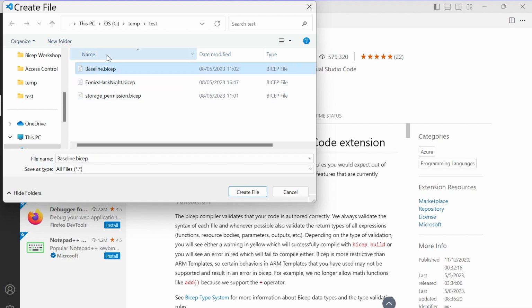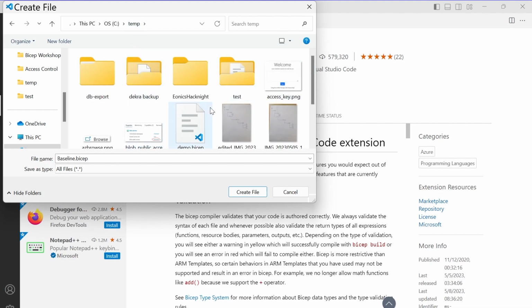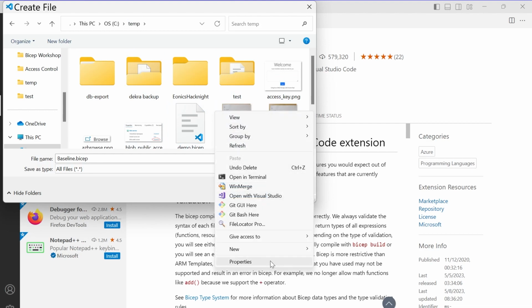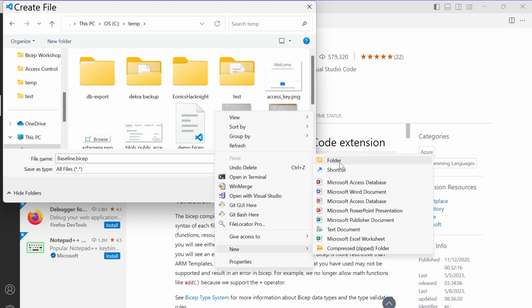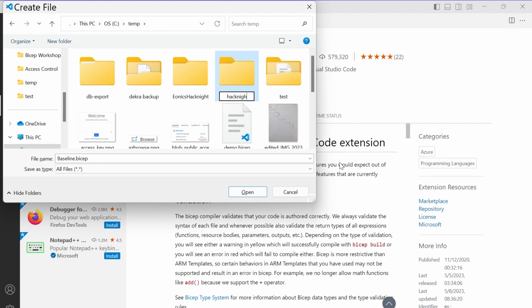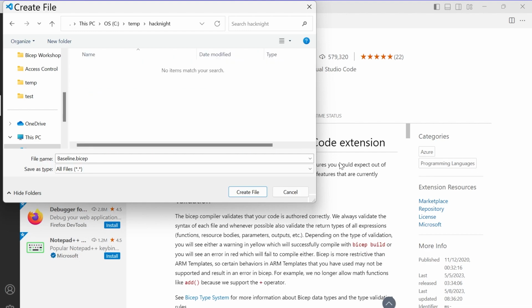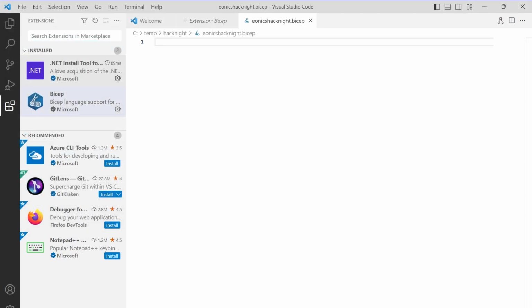I can remove those. No, I will make a new folder. I have too many things here. You need to change the name of the file. Thank you. It doesn't matter too much. Thanks for pointing that out.